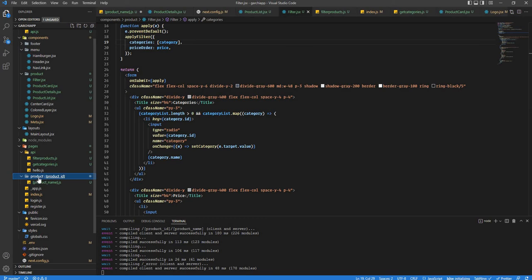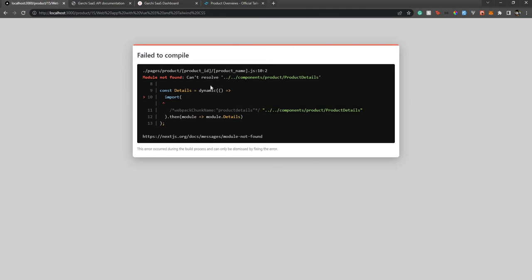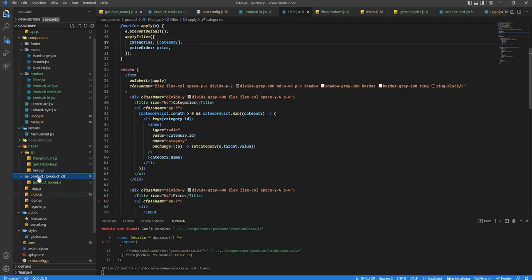So now we have the product folder, and inside product we have product_id and product_name. Now if I go back over here, you'll see it says 404 page not found, because we now need to pass product in the URL, because that's the folder, then 15, and then this. Now here it's just a component conflict. We will get back to that. But currently how it is working is: localhost:3000/product, then the dynamic ID,